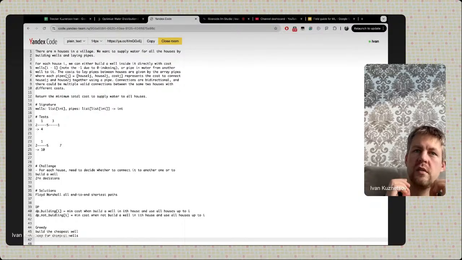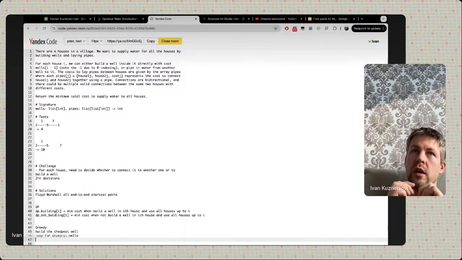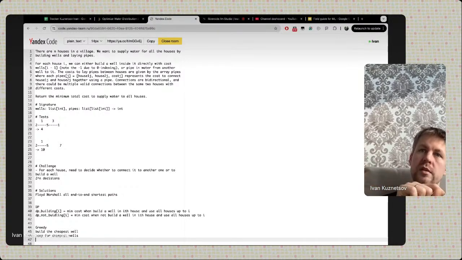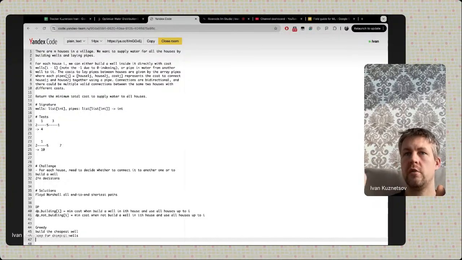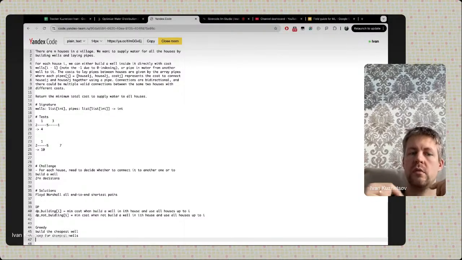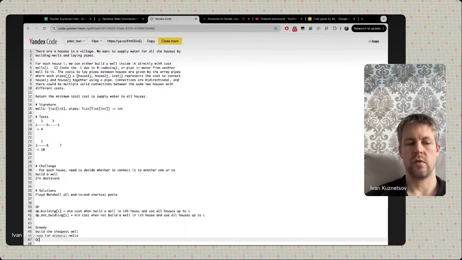We can prioritize. We can put new options for the neighbors who now are considering building their own wells, but now we have built this well, and if we can bring water there for a cheaper price, we just do that, and we can update their wells prices, and push new values to our heap, and we continue iterating, and we always just retrieve the cheapest possible well price. And it will be overall